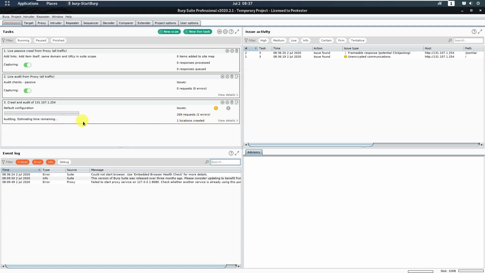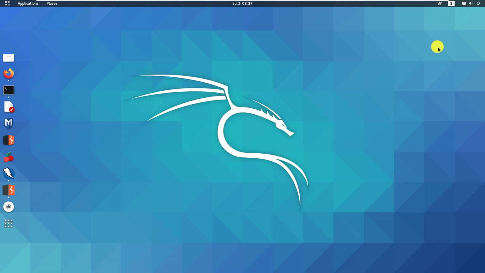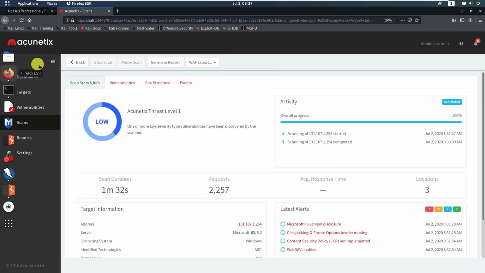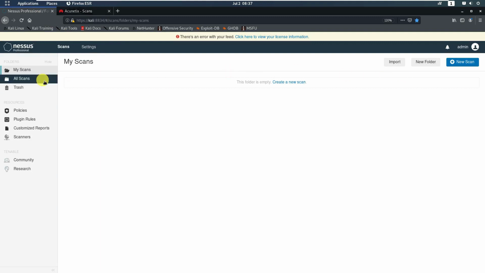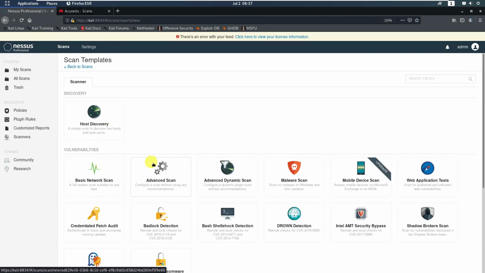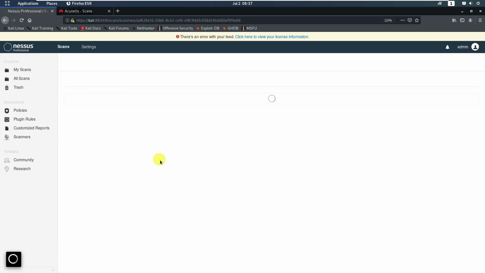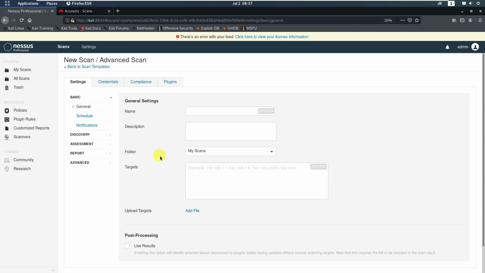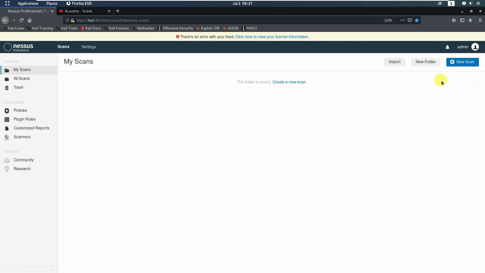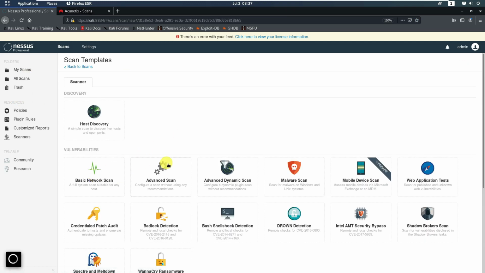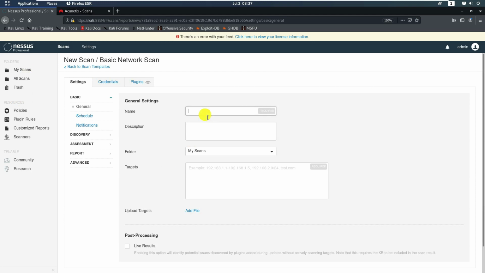Now for the infrastructure, while waiting for this, I mean the server that hosts the web application, you can do the audit by using Nessus. For example, here I'm running Nessus Professional, so I'll do the scanning. Let's check the scanning. I'll use the advanced scan. But for the scanning, I would recommend you use My Scan, New Scan, Basic Network Scan. This is suitable for many systems, so just call it web